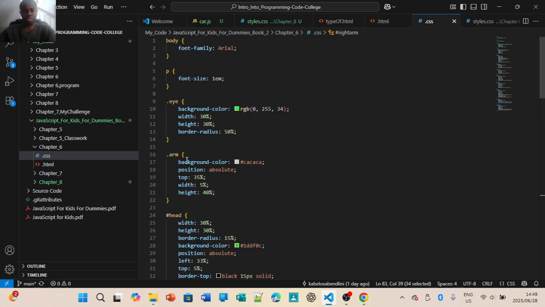So the default, because we're doing classes, if you remove the applications for our IDs for right arm, left arm, our default is going to be white background color, and then same thing for our eyes, our default color for eyes would be green. So yeah, and then you open your JavaScript